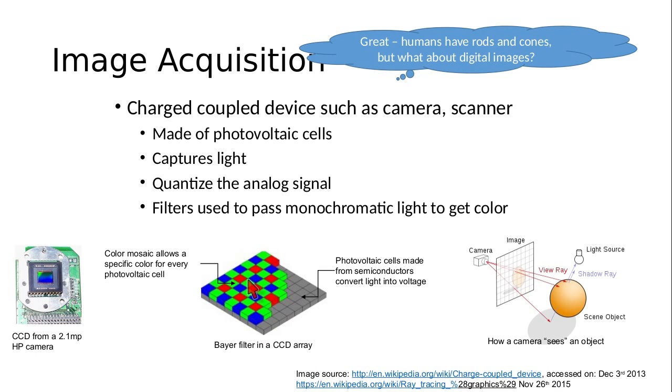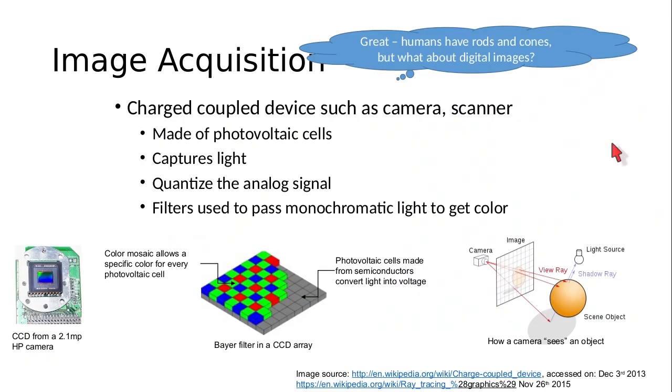And there are many kinds of filters. There are different ratios of red, green and blue that are used, but broadly these are the three colors that are present, and these are the three colors that are registered by a charge coupled device. Very early versions of digital cameras obviously recorded only black and white or grayscale, but later versions were implemented with a Bayer filter, a filter that could block different wavelengths of light.